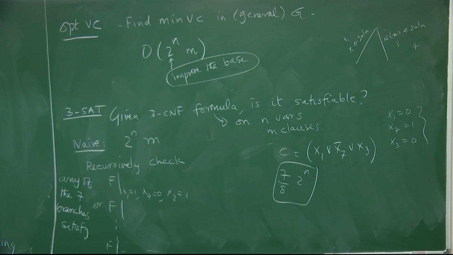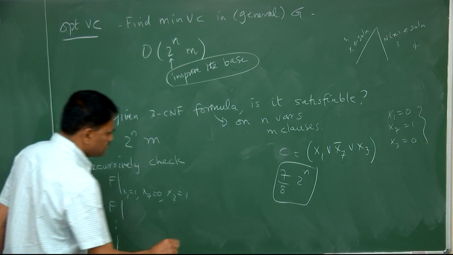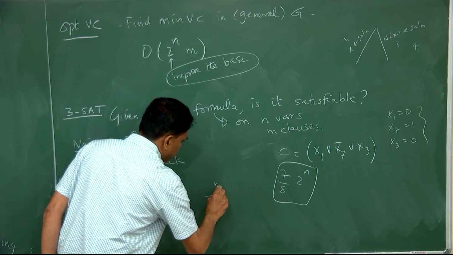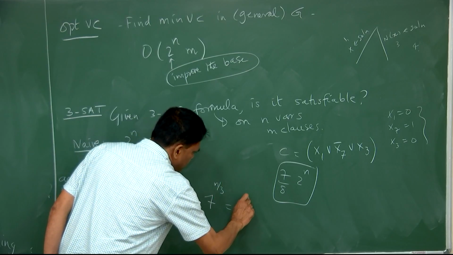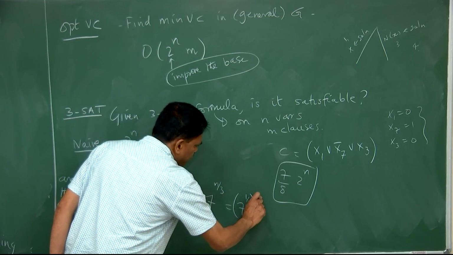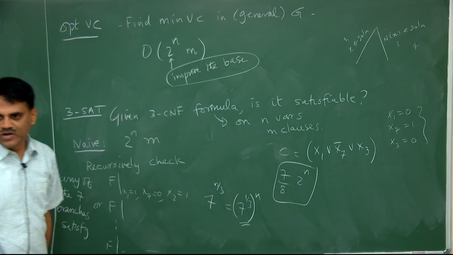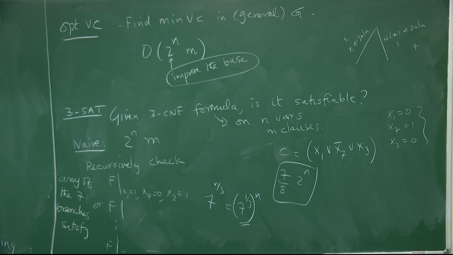Each time picking 3 variables, 3 variables, 3 variables. So it's 7 power n by 3, which is 7 power 1 by 3 whole power n. It's better than 2 power n. It's 1 point something power n. Right? It is like, remember,